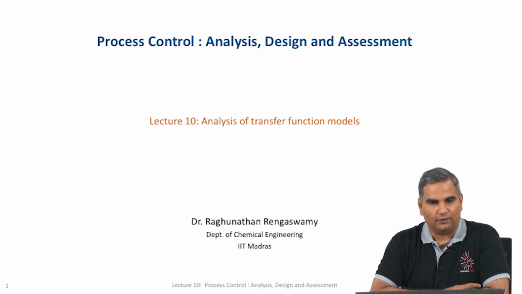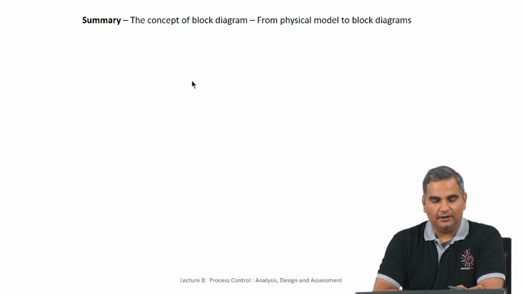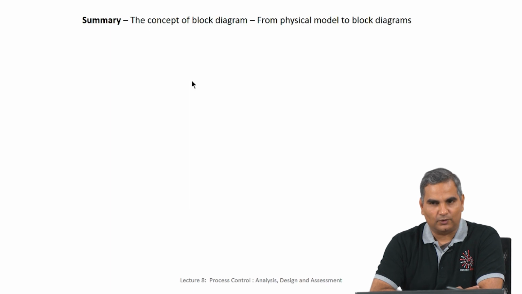We saw that a transfer function model is just a function in the Laplace domain that is used to understand how the input affects outputs and so on. In this lecture, I am going to start with a summary of what we have learned till now. The reason for this summary is the following: while we go forward with this control course and we start doing more manipulations with Laplace transforms and differential equations and so on, I do not want all of the material to look too abstract, completely mathematical.